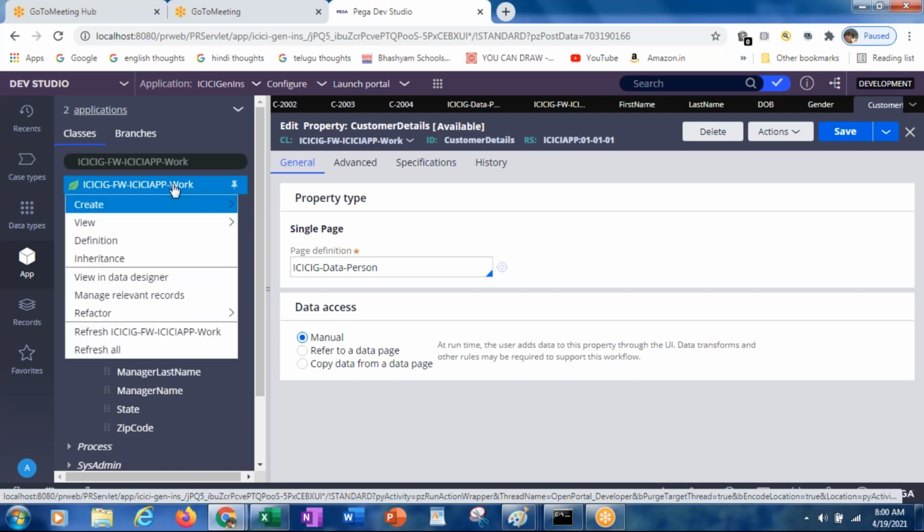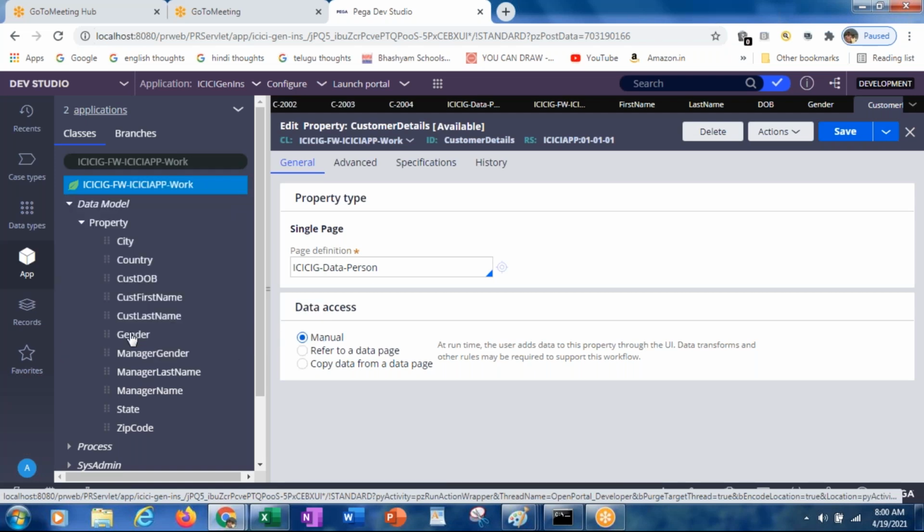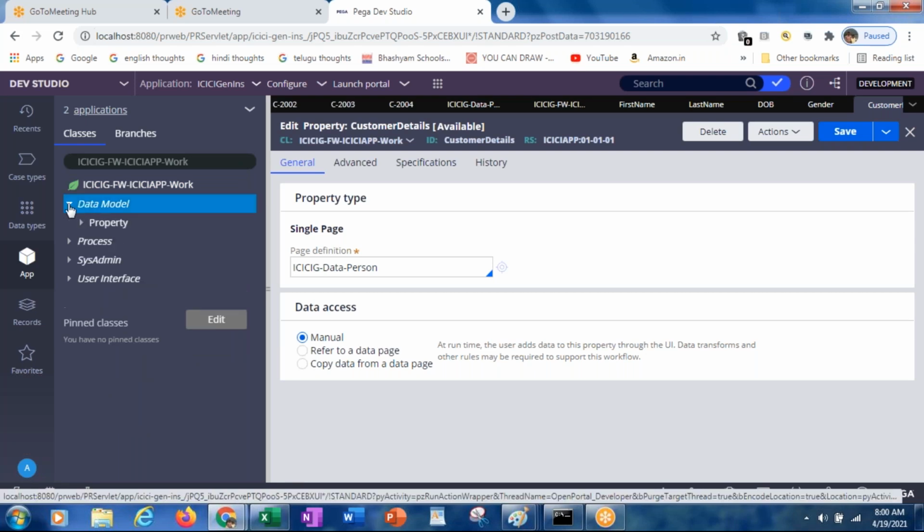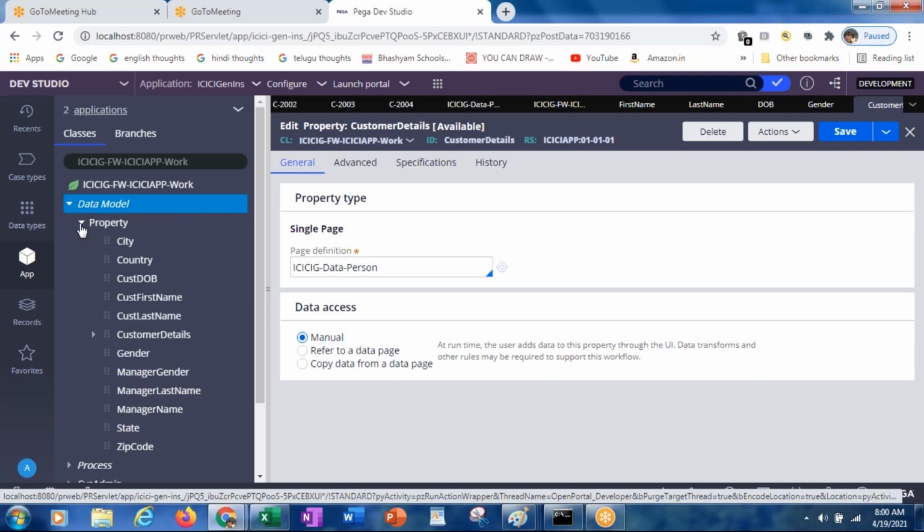Now if you refresh this and expand this data model property, you see, now you are able to see customer details property, which is the single page property. Here you are having expand to show child rows.